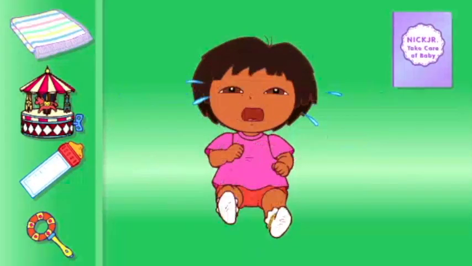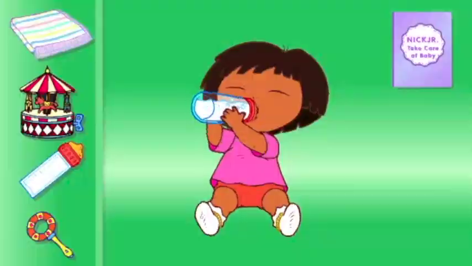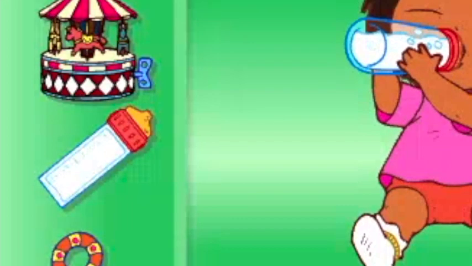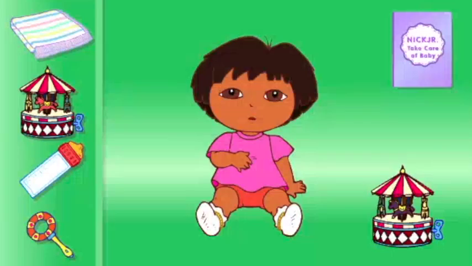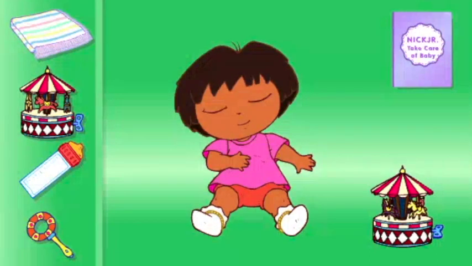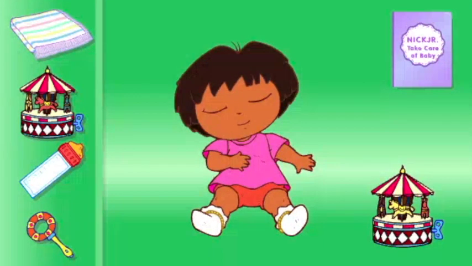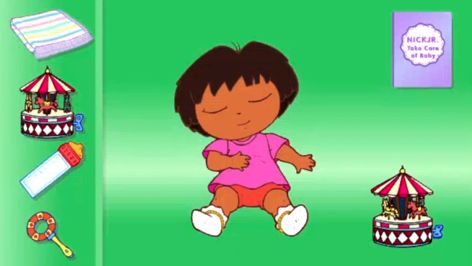Plus, there's no charge! I mean, I did find a few odd things when I was taking care of Baby Dora. For instance, why does Dora's baby bottle look like a ruler? And secondly, why does Dora sleep sitting? I mean, isn't that kind of an awkward position to sleep in, Dora? No? No? Oh, okay, just saying.